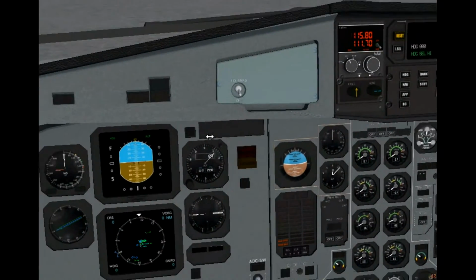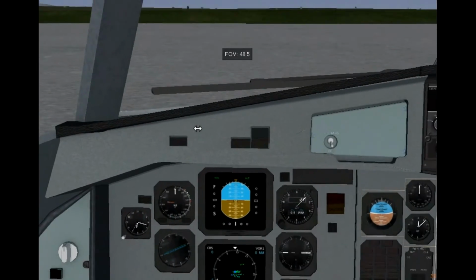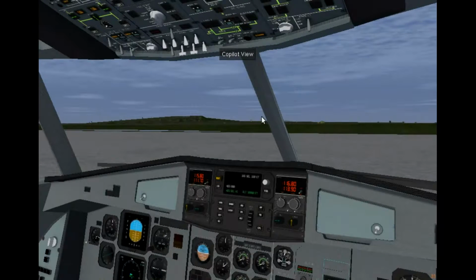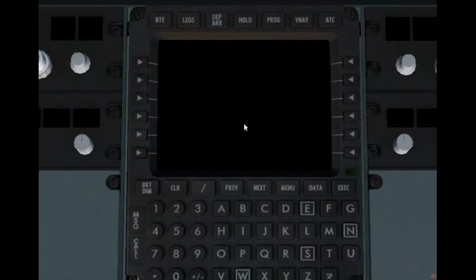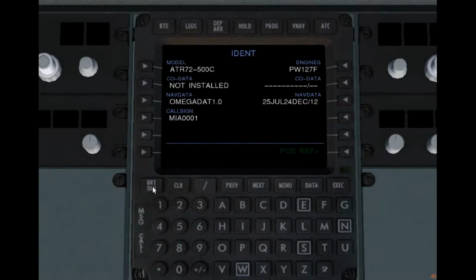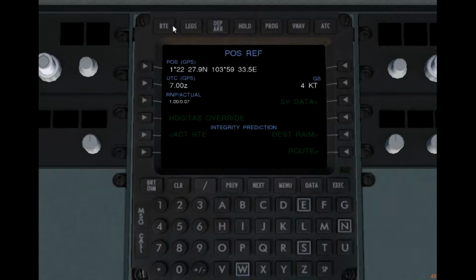Okay, so let's go to the FMC now. Right, so you turn on by clicking on PRT, and this is the ident page of the model engines. As you know, the company data is not installed yet. I haven't made it yet. I'll do it really soon. We do have nav data too, though if you don't have it installed already, please do get Omega 1.0 and